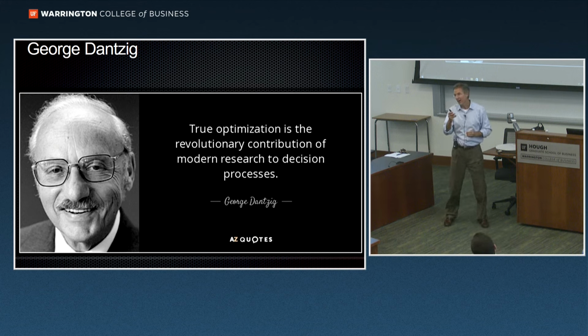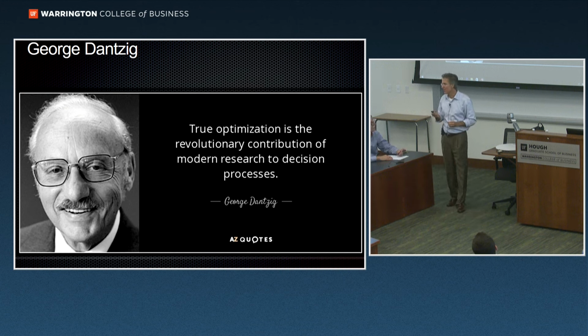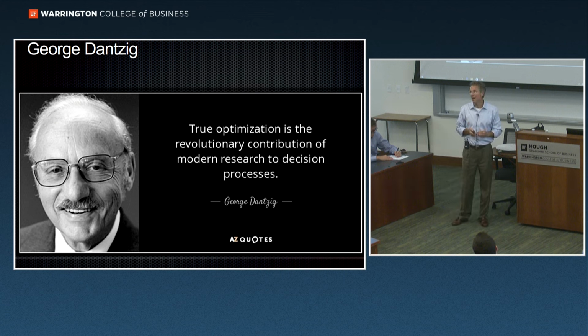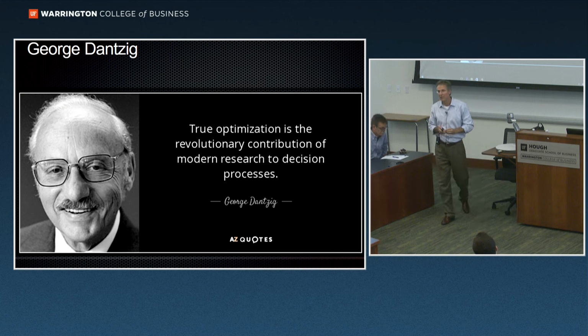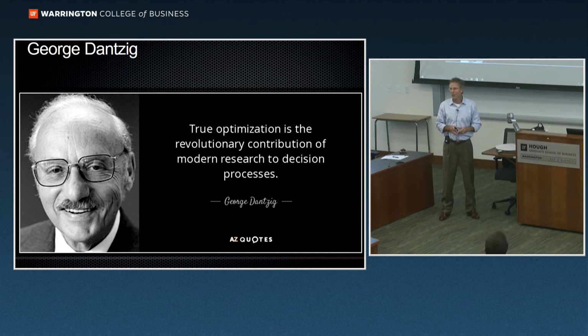This guy, despite his somewhat frail appearance here, is actually someone I would call a World War II hero. Not because of anything he did on the battlefield, but because of what he did back at headquarters. In fact, what this guy was involved with was considered classified top secret information until about 1947. What was he doing? He was using linear programming to solve logistics problems in World War II.